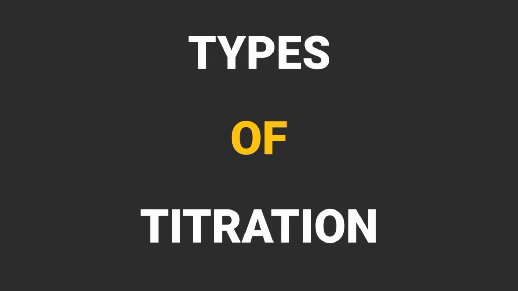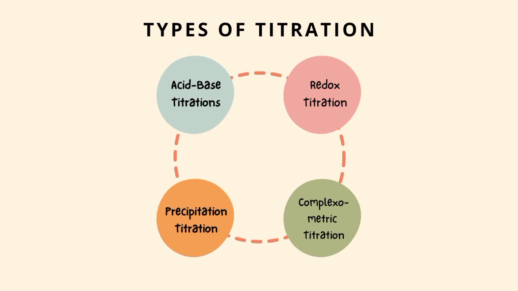Types of titration. There are 4 types of titration. Acid-base titration, redox titration, precipitation titration,